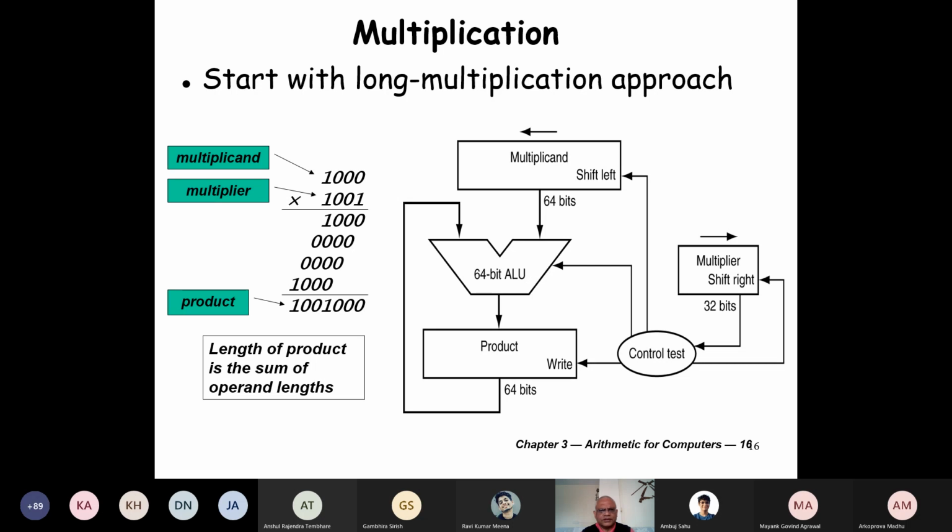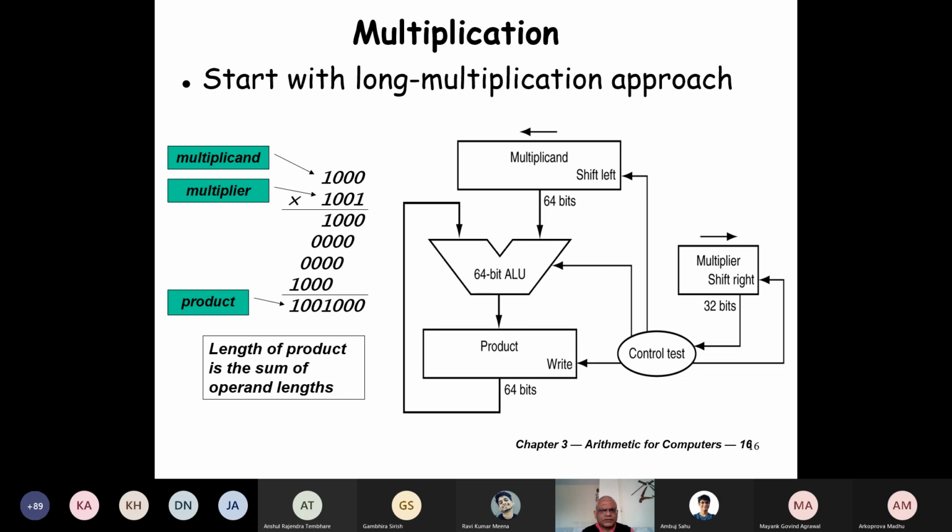And just observe here that at each step we are either adding the multiplicand itself left shifted, or we are just adding 0, which is basically left shifting the multiplicand. In other words, if I tell the algorithm for this, I will say that each time you look at the last bit of the multiplier, and then you add the multiplicand and shift the multiplicand left 1 bit.